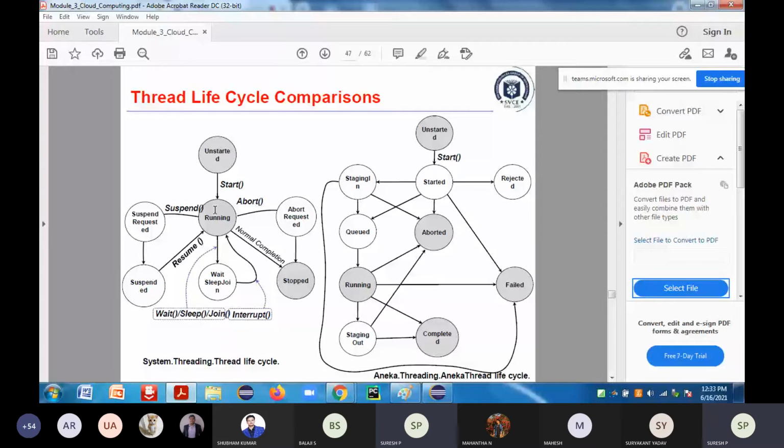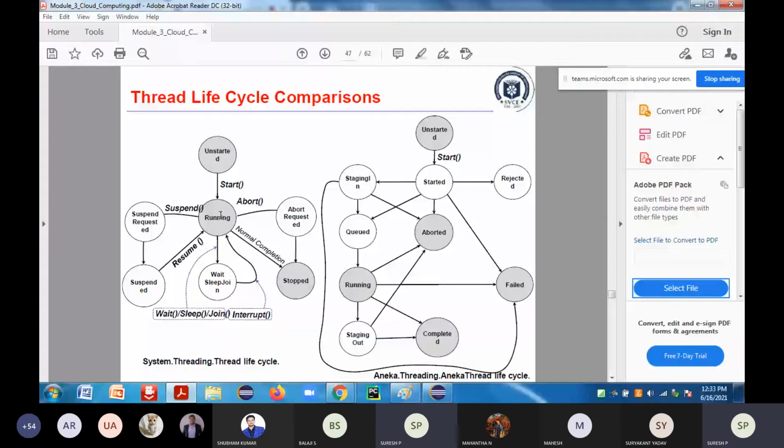So what are the different operations I can perform after the thread starts running? I can suspend that particular thread. If any interrupt or high priority thread is coming through that particular queue, what do I need to do at that time? When the high priority thread comes, whatever thread is currently running in the queue, I have to suspend it. I have to request for suspend, and after a certain amount of time, it will be suspended.